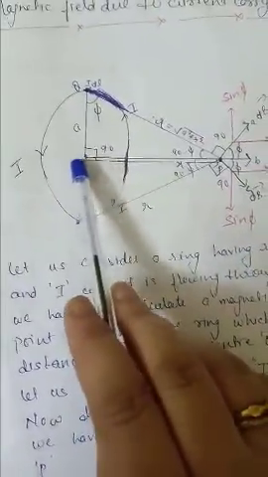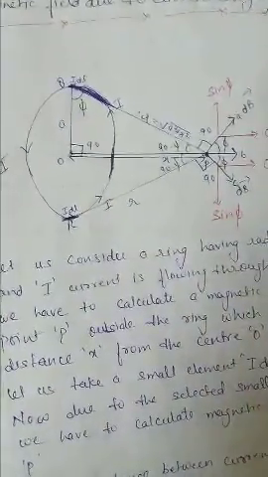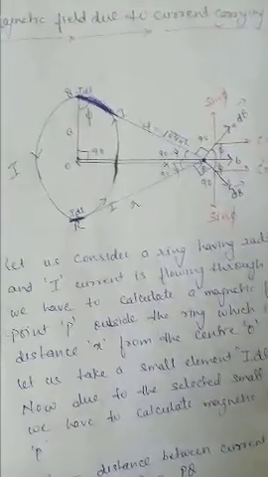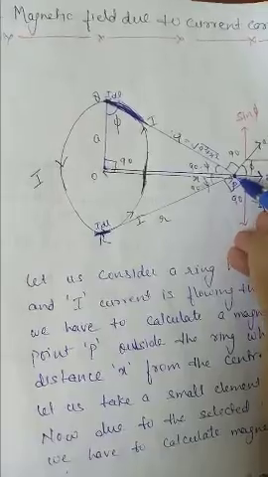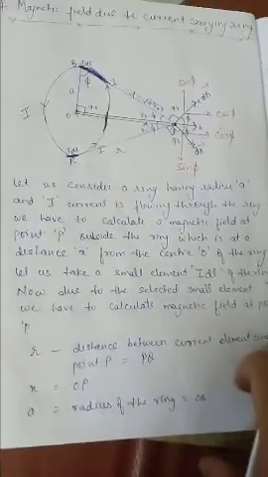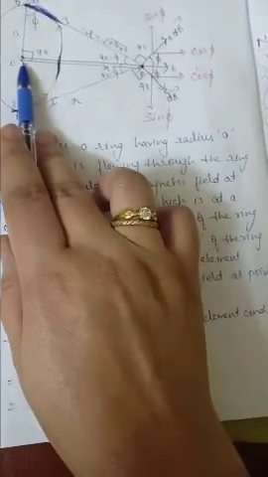So this is a circular ring through which current I is flowing, and we have to calculate the magnetic field at this point P. See here, this point P. So let us consider a ring having radius A. See, this is the radius, and current I is flowing in this direction, anti-clockwise, and we have to calculate the magnetic field at point P outside the ring, which is at a distance x from the center of the ring,